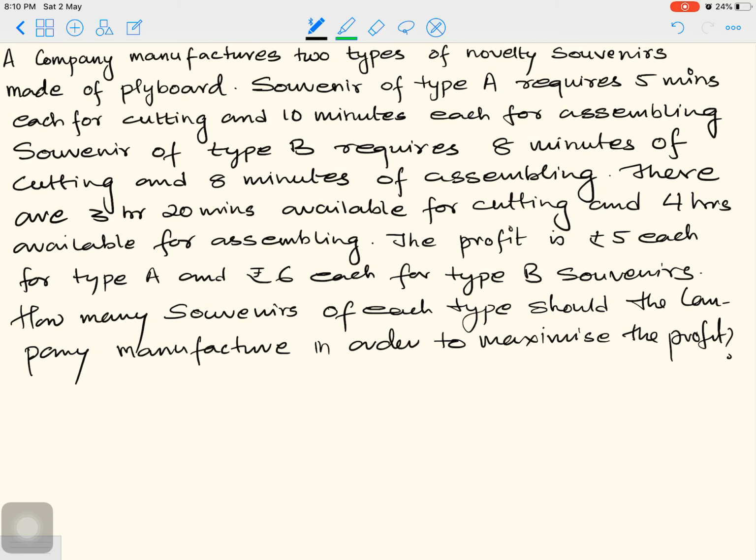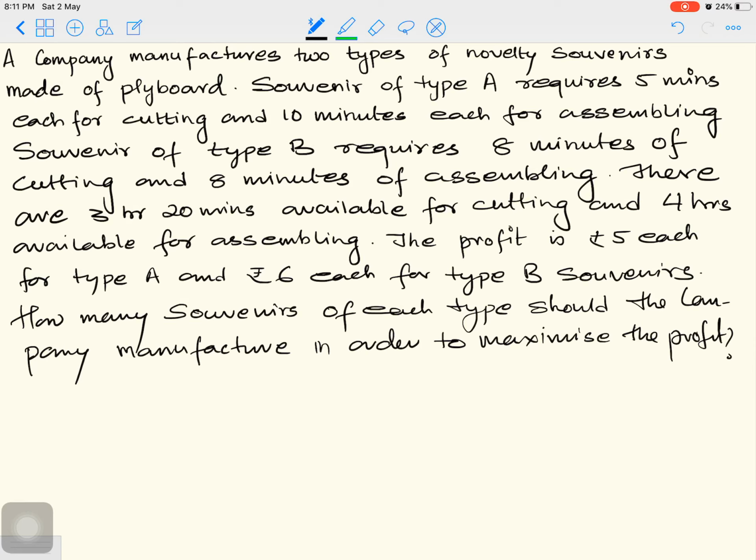See this properly. Type B gives you more profit than type A. How many souvenirs of each type should the company manufacture in order to maximize the profit? So with the required resources that we have, the plywood, and the required time frame, 3 hours and 20 minutes only available for cutting and 4 hours for assembling, how many of each type should we produce? You may think we may produce more of type B because it has more profit. But remember, type B may require more time for assembling and cutting, whereas type A might require a little less time for cutting and assembling. So we need to balance this. Which one should we produce more, or what quantities should we produce of each, so that we will have maximum profit from these